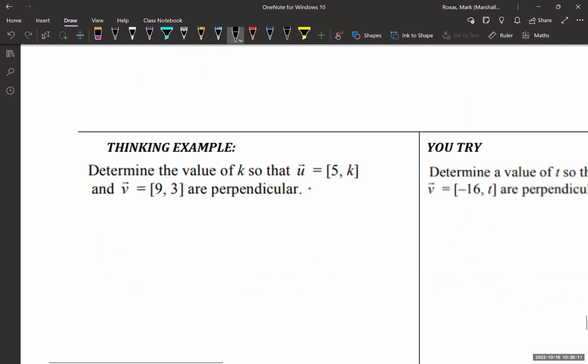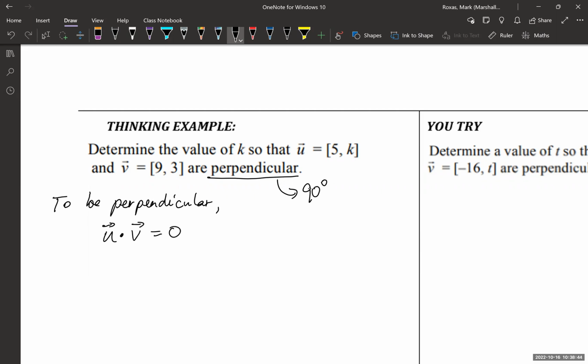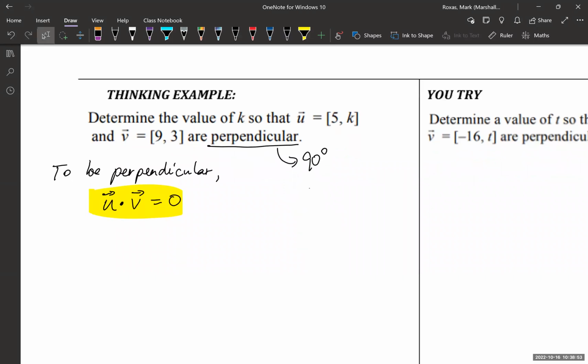Okay, thinking example, the typical kind of find the value of k, right? So how do I find the value of k so that these two vectors u and v are perpendicular? Okay, remember back in the beginning of the lesson, we looked at the investigation. Perpendicular means 90 degrees, right? So if two vectors are 90 degrees, that means their dot product must be 0. So to be perpendicular, u dotted with v must be 0. Okay, that's the key. If you know that they're equal to 0, then you can solve this problem, right? So u dot v,